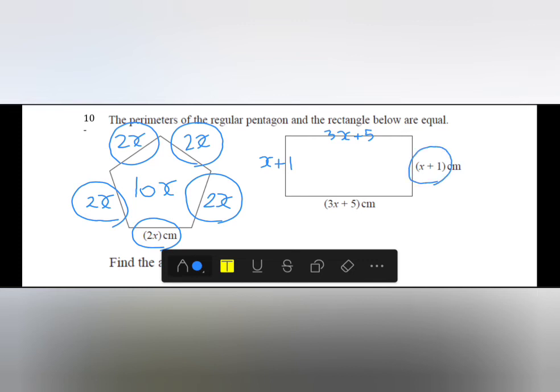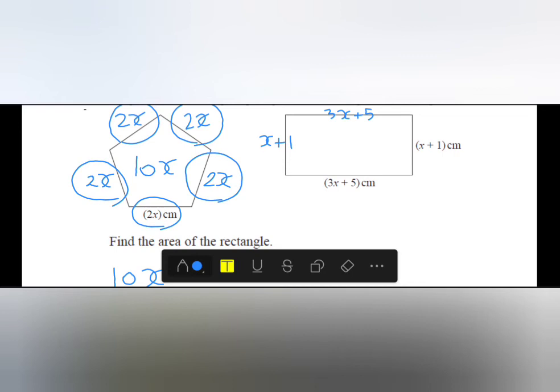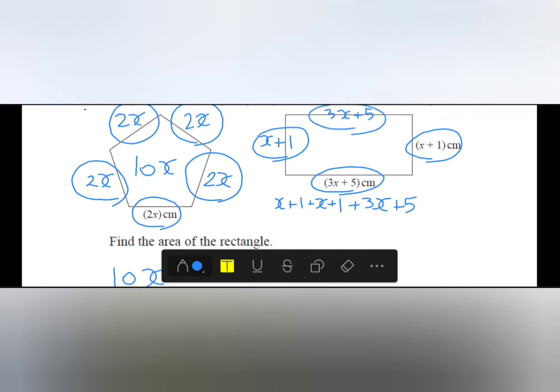x plus 1. You can write them as an expression like this. Let me do it like this, step by step, okay? So x plus 1, this side, and then this side plus x plus 1, and then this side plus 3x plus 5, and then this side plus 3x plus 5. Now we're going to add like terms